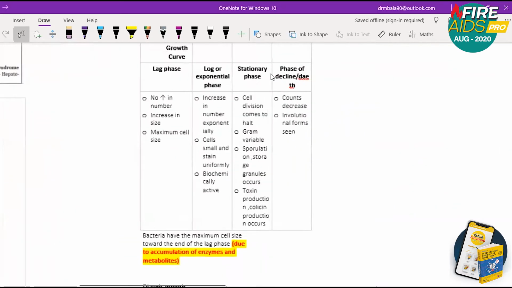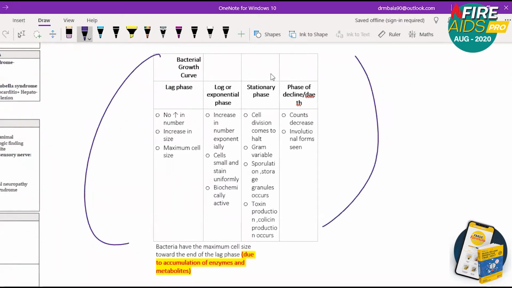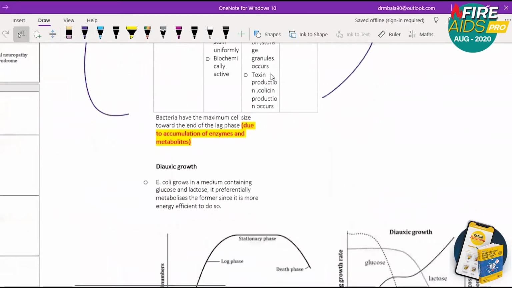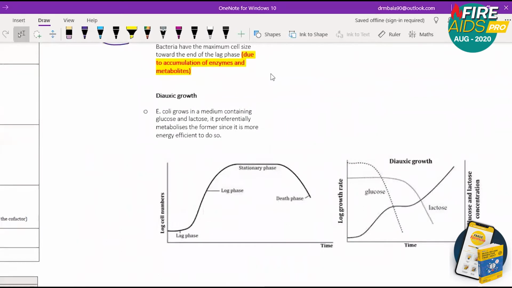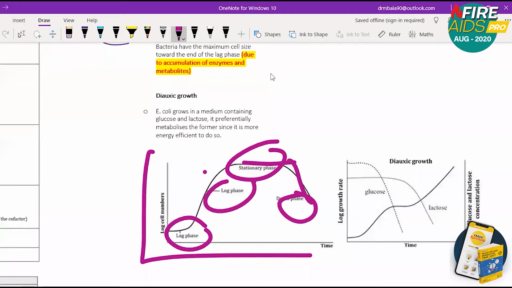Then there's something called the bacterial growth curve. I would like to show this because there's a chance of getting a picture of it. Here is the picture of the bacterial growth curve. A curve would be given to you, which will have a lag phase and a log phase, and finally a stationary phase, followed by a death phase. It's simple: the beginning of the growth, the peak of the growth, the maintenance of the peak, and then the death. If you know these 4, that should be fine.